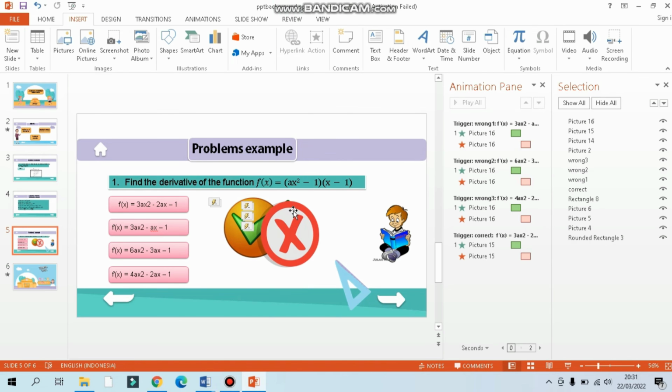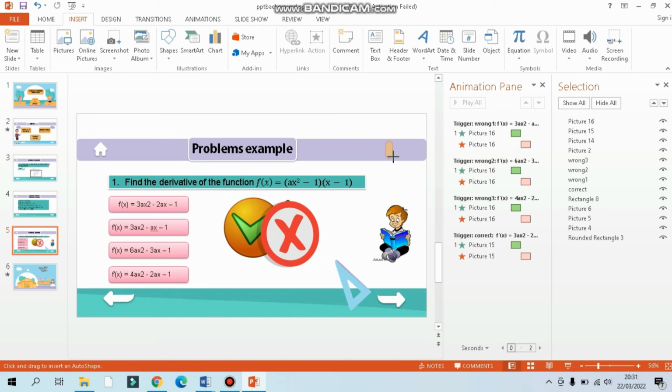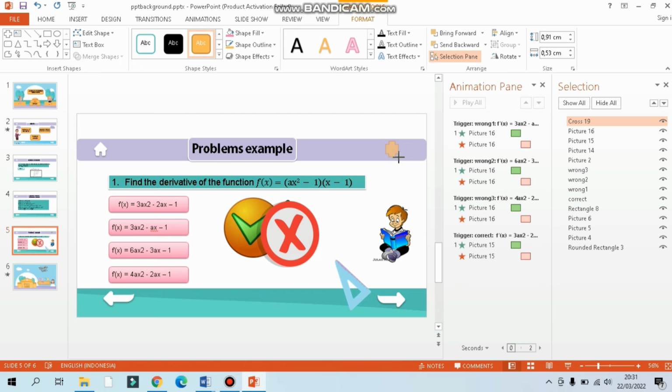Okay. Next, I want to make the close icon, so that if I click the close icon, the slide and the PPT will end. So I made the close icon.